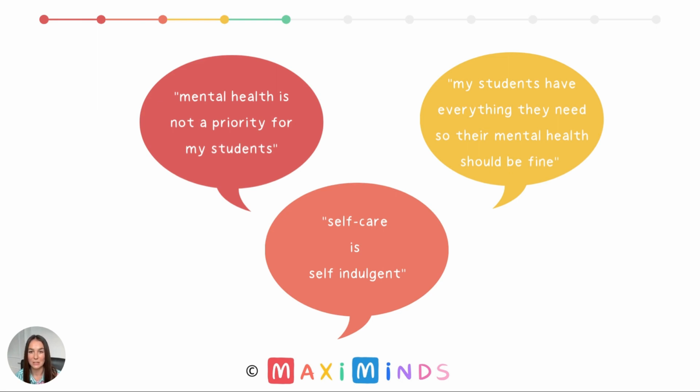Because that's a bit selfish, and that's all just part of that generation. My students have everything they need, and mental health should be fine. Again, I think this is interesting in the context of what I'm going to show you in a moment about Maslow's hierarchy of needs. But ironically, it's sometimes when people do have everything that they're looking for what's next,